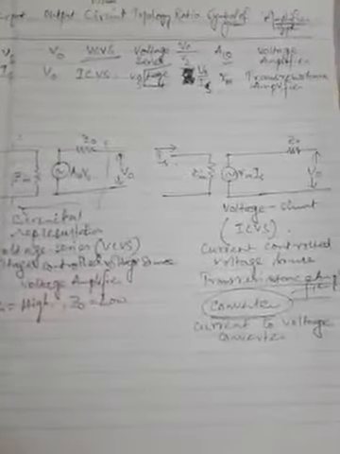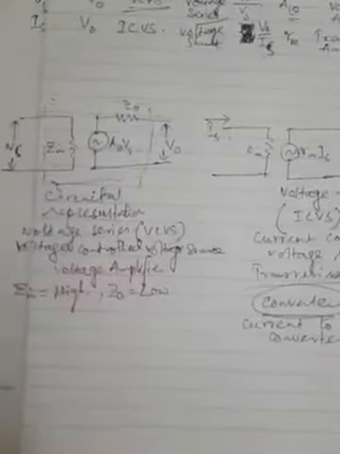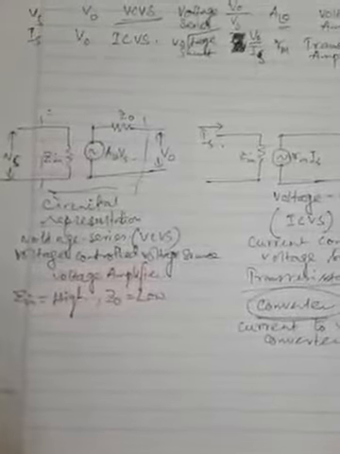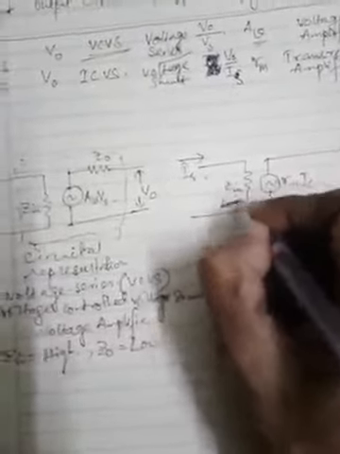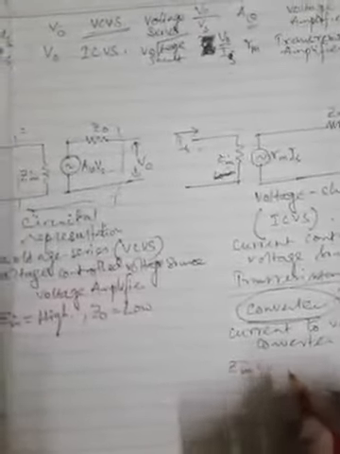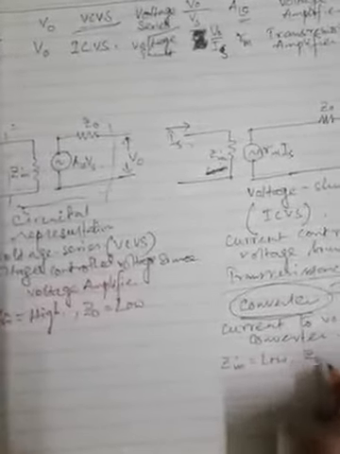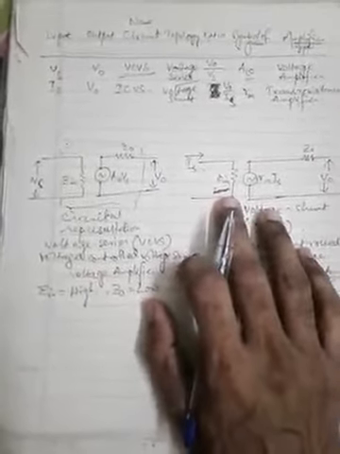Okay. Now I have discussed with you earlier that for a voltage shunt network or topology, both the input and output impedances are decreased. So that means this Zin should be of low value. So we should write here, for this trans resistance amplifier, Zin should be of low value, as well as ZO, which should also be of low value. Okay. So this is the effect of negative feedback on its input impedance and output impedance.